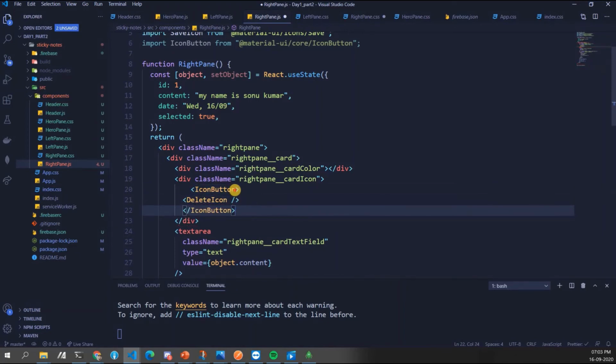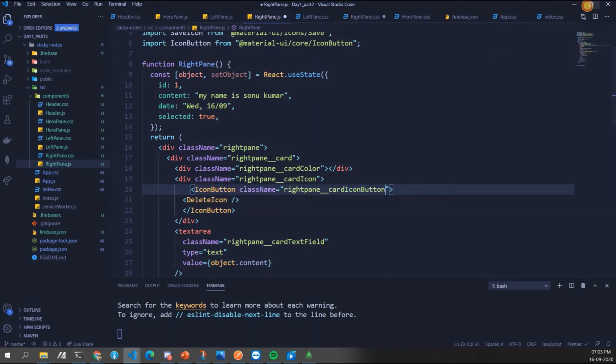Okay. So yeah, now icon button, we have this. It should have its own class. If we wrap it inside an icon button, it changes the class. Okay, so right pane underscore card icon button.